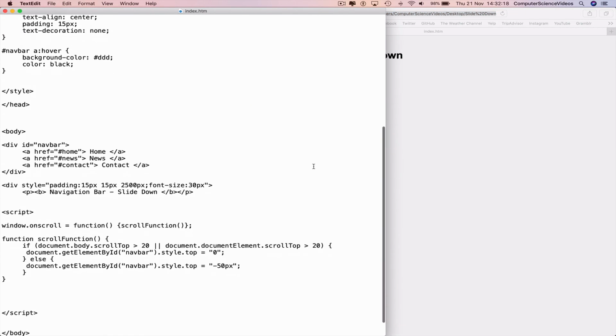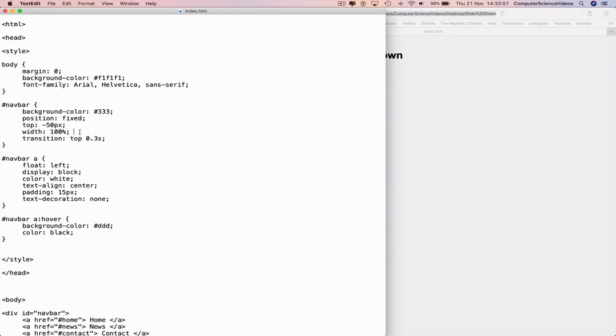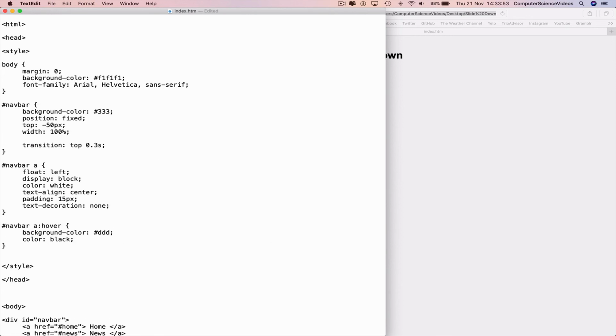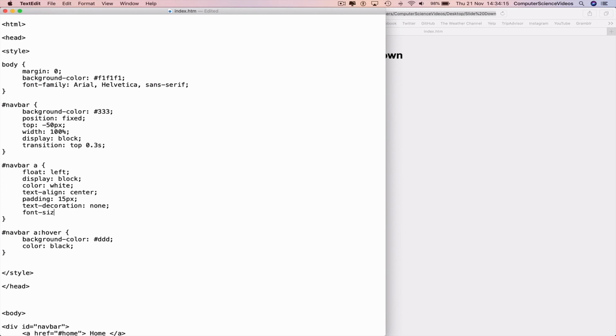Go back to the text edit file and rectify everything required to circumvent any changes. Go back to the CSS, add some elements, display colon block semicolon, command S to save, go to navbar a, add in font size colon 17 pixels semicolon, change color to F2 3 times, hashtag F2F2F2,